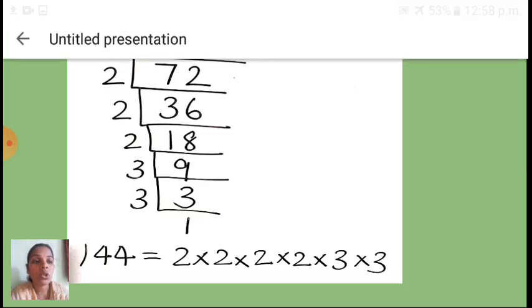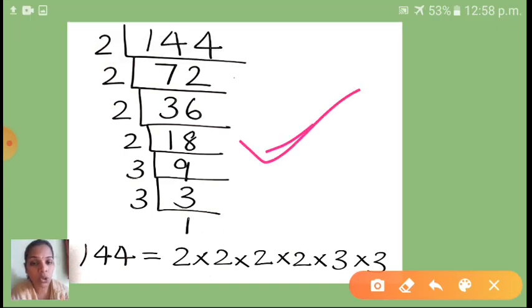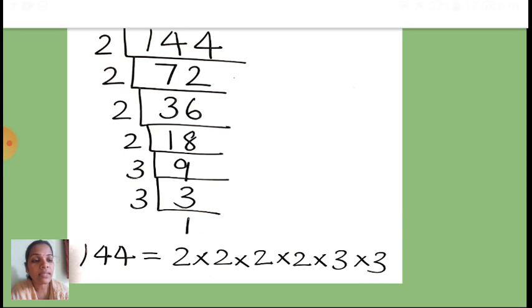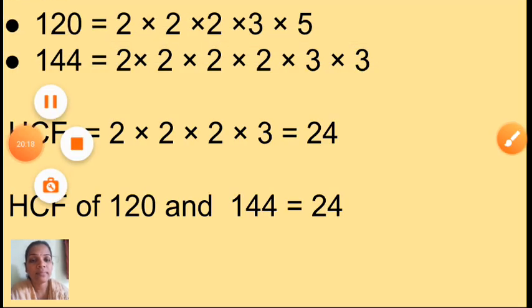Okay children, and one more thing, if you want to solve by this prime factorization method, see here children, this also you have to show in your notebook. So children, I hope you understood today's session. Yes, today we studied one new method, that is called what? Prime factorization. Okay children, study the tables. In the prime factorization method, you have to keep two things in mind. First, you have to divide the number only by the smallest prime number. Okay children, and up to the last you have to check whether the last number is a prime number or not.